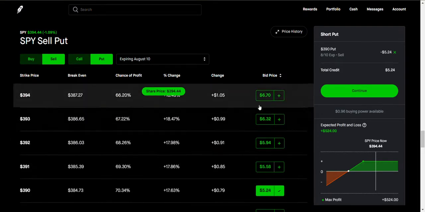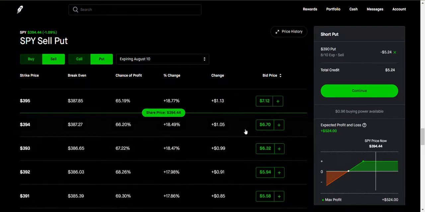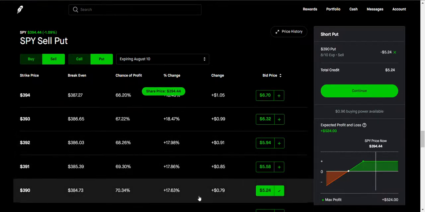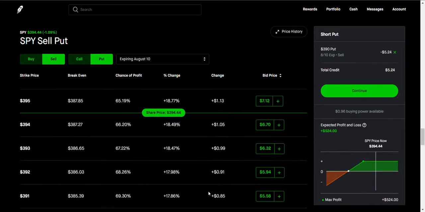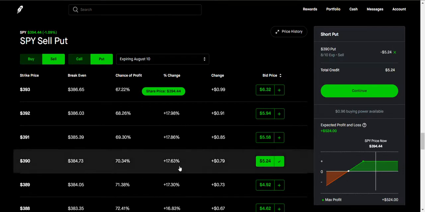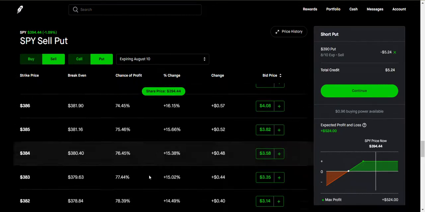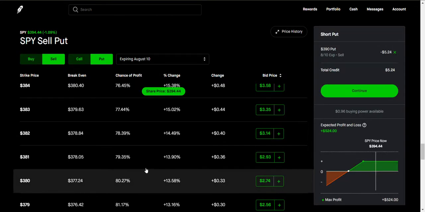So basically, what would happen is you're hoping that it doesn't go down past this point, the strike price that you set, or stays there. It can go down as far as here, but then you'd be obligated to buy anything under 390. Otherwise, if it just tanks to 380, per se, you would still be obligated to buy it at 390. So that's not the best alternative,